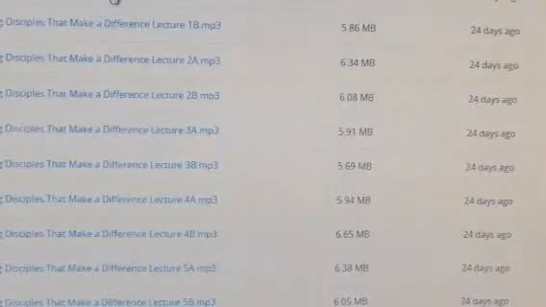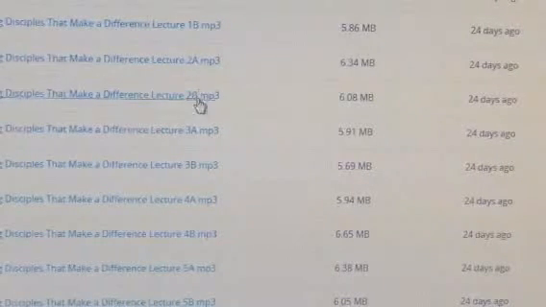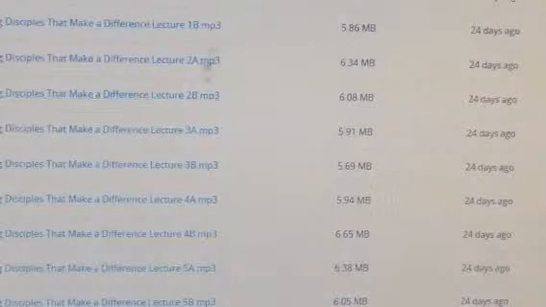To save the files, I'm going to hover over them. And notice, real quick, that these are already in an order. This is Making Disciples 1A, the next one's 1B, the next one's 2A, the next one's 2B, and so forth. If they're not in order, or you want to put it in a different order, you can do that later if you want to. So, I'm going to hover over the first lecture so I can save the first one